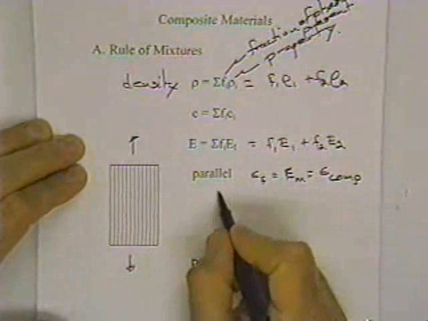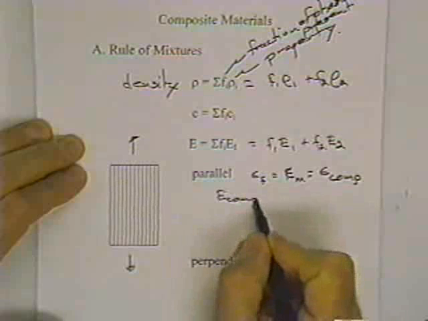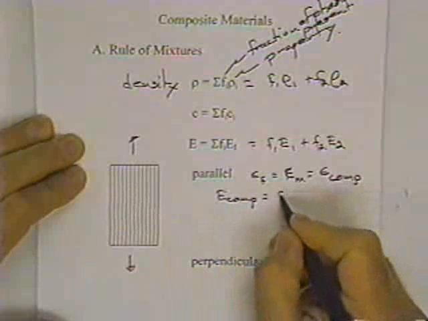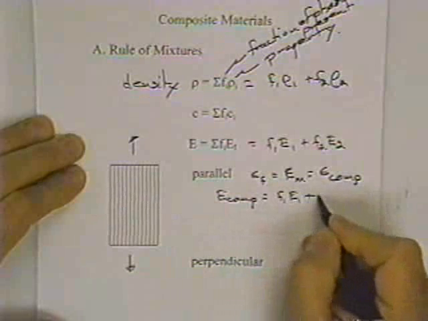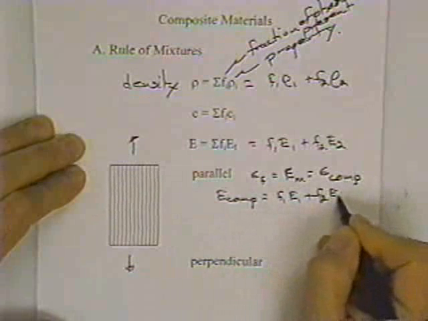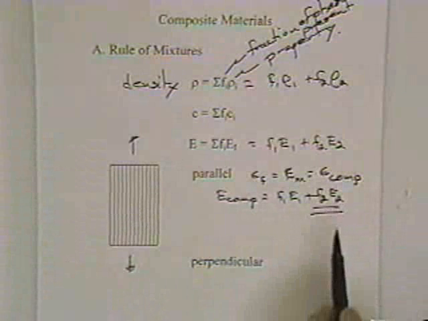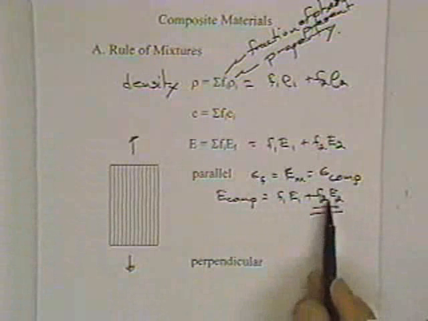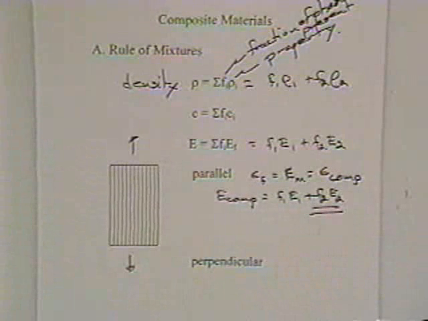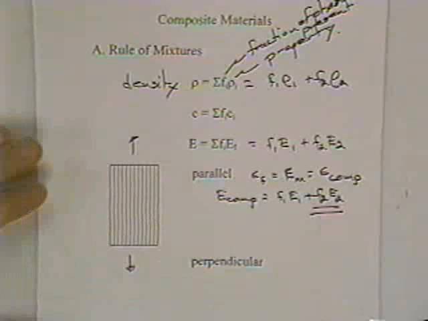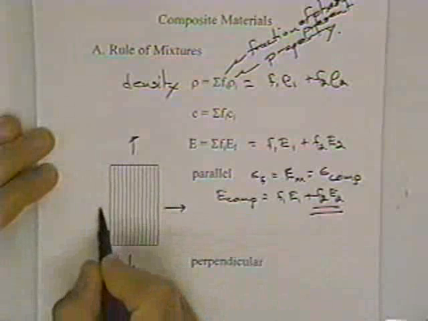And if we do that, that says that the modulus of the composite is equal to F1 E1 plus F2 E2. And if this is the fiber, and if that's a large number, and this is a strong modulus, that's really going to dominate. But now what happens if we take a look at it perpendicular,